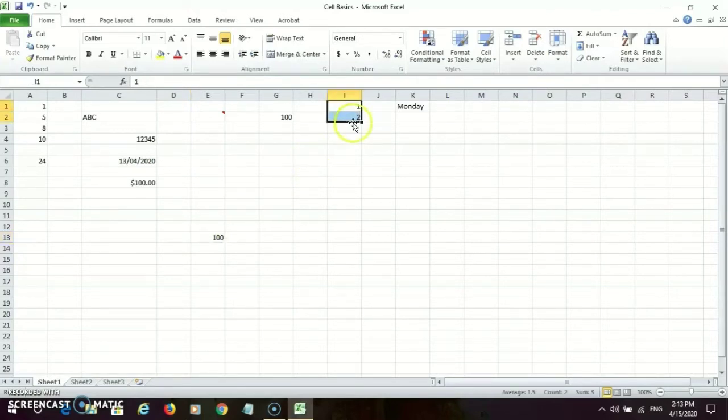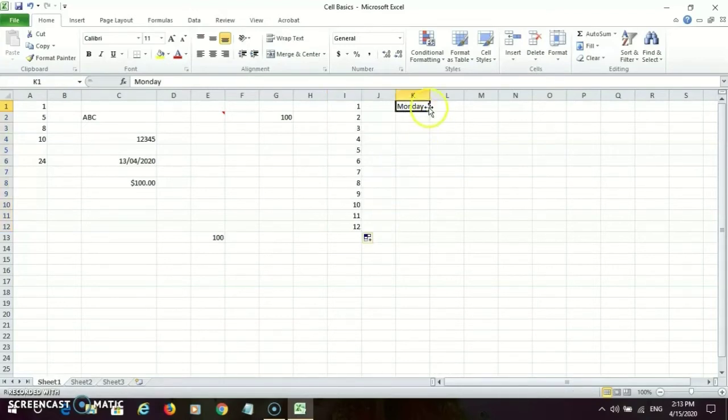Now let us see, I have these two numbers. I want to fill the series of these numbers. You can see the plus sign at the bottom right corner of the cell. So this is called the fill handle. I'll press the left button of the mouse and drag these numbers through all these cells. You can see here my series of these numbers got automatically filled. Right? This is called autofill.